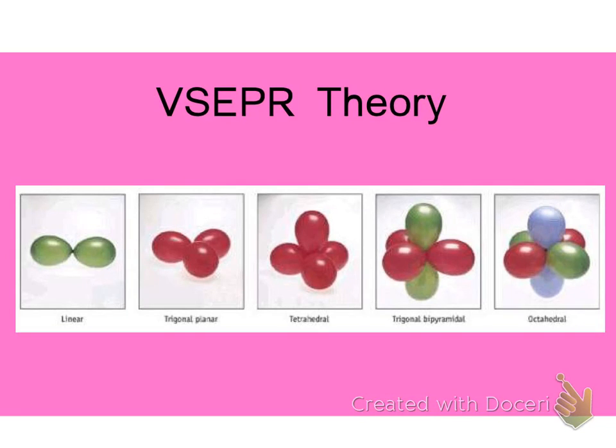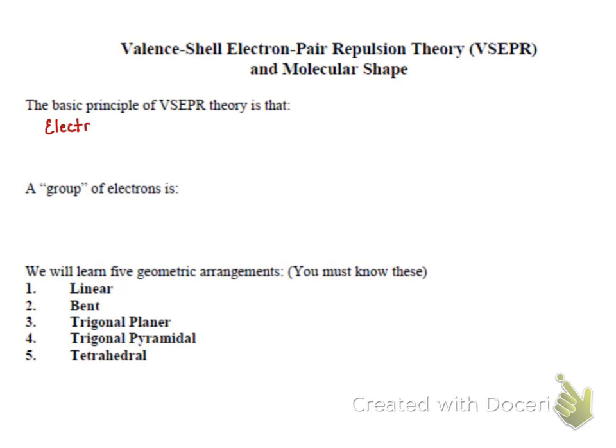This podcast is about VSEPR theory and how we can use it to figure out what the shapes of molecules are going to be. The basic principle behind VSEPR theory says that electrons are going to arrange themselves to get as far apart as possible. This is because they're all negative and they want to be far away from each other because of repulsion. The theory that we use is valence shell electron pair repulsion theory, which says that electrons want to